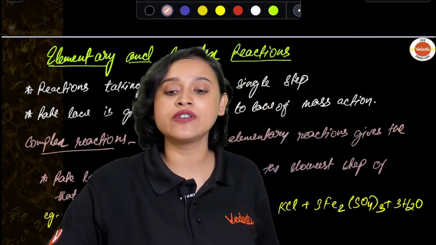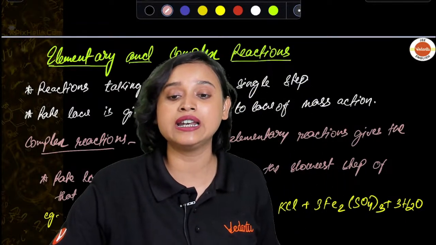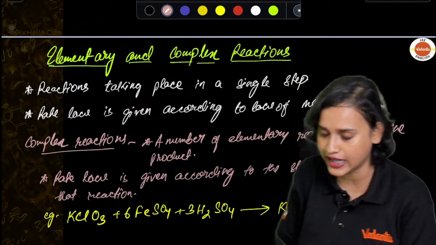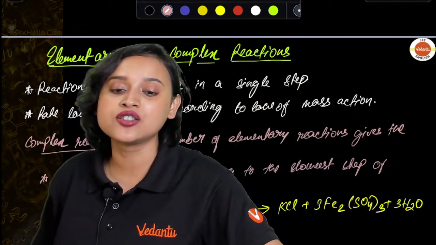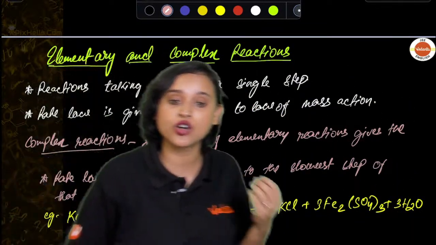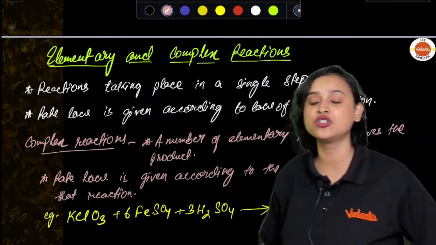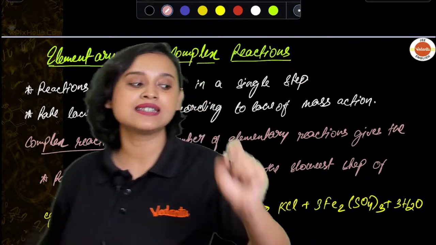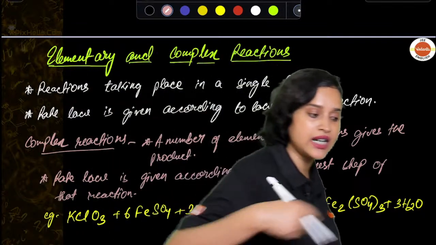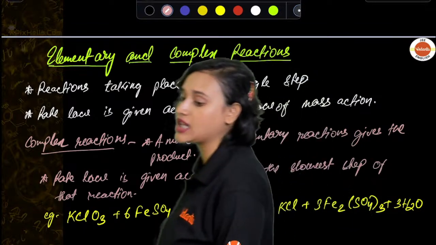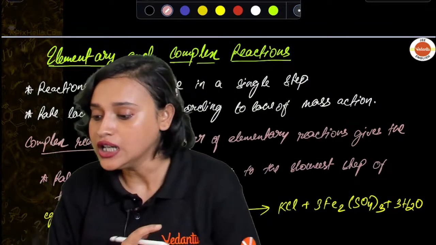Now guys, before we move forward towards molecularity, let us understand what is the difference between an elementary and a complex reaction. An elementary reaction is usually a single step reaction, okay? And here the rate law is given according to the law of mass action, okay? How is it given? It is given as law of mass action, and law of mass action is something that we will be studying in your